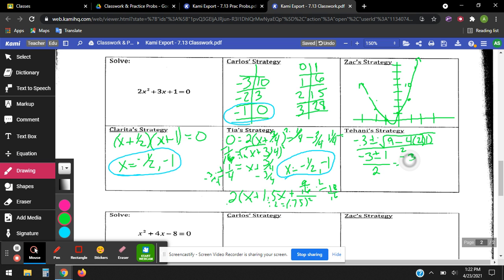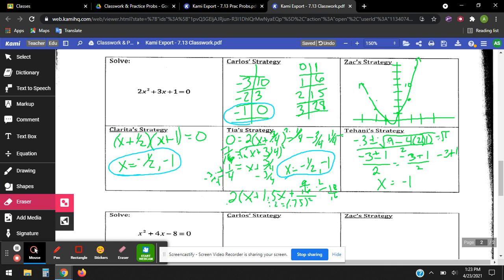Square root of 1 is 1, so that one works out there. Negative 3 plus 1 is negative 2. Negative 2 divided by 2 is negative 1. But if we do negative 3 minus 1, we get,